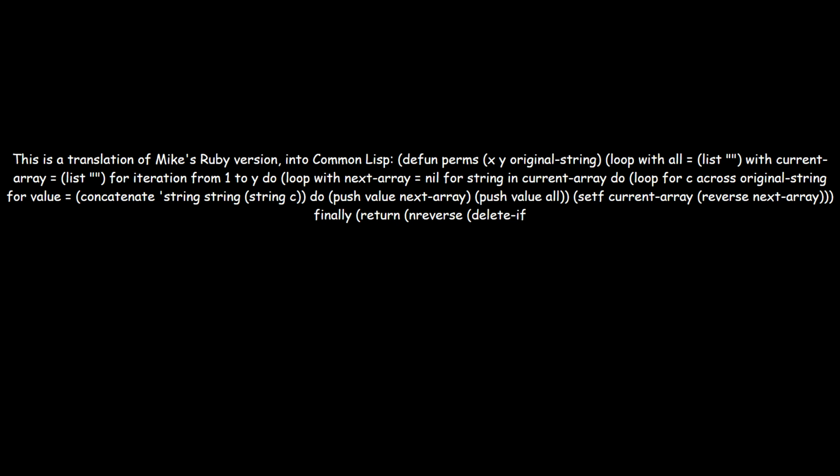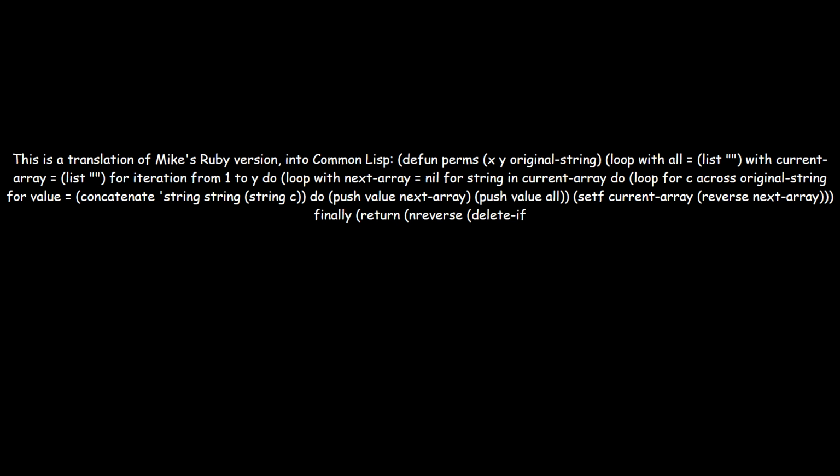This is a translation of Mike's Ruby version into Common Lisp. (defun perms (x y original-string) (loop with all = (list "") with current-array = (list "") for iteration from 1 to y do (loop with next-array = nil for string in current-array